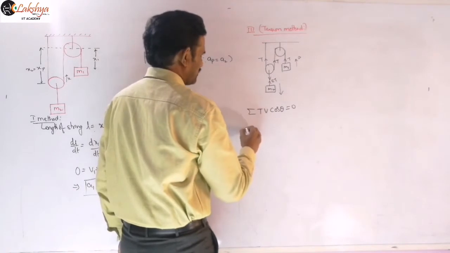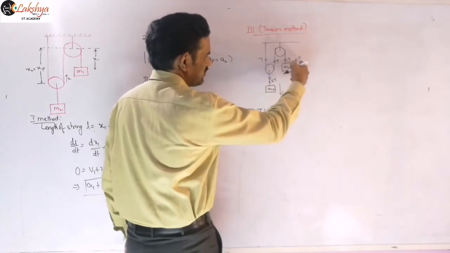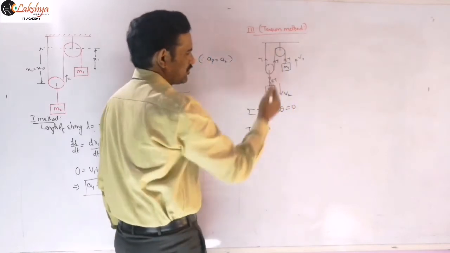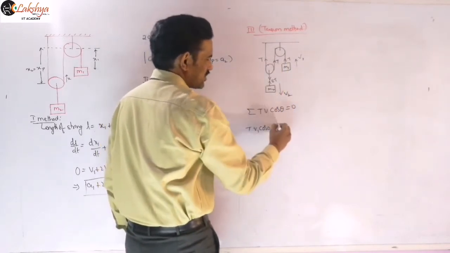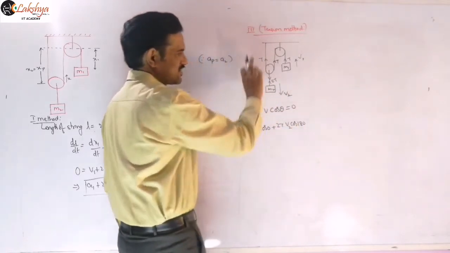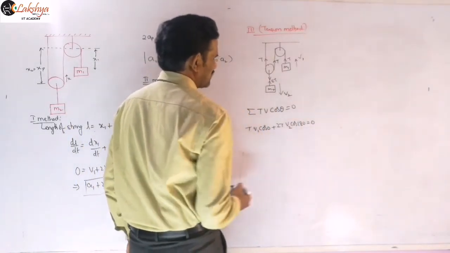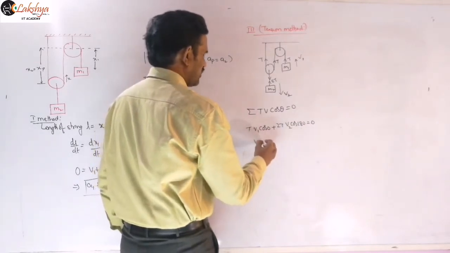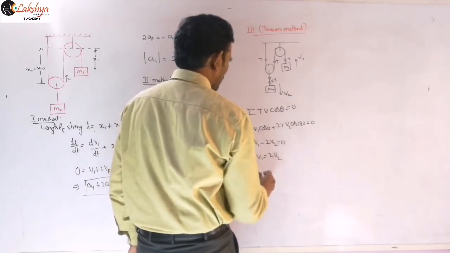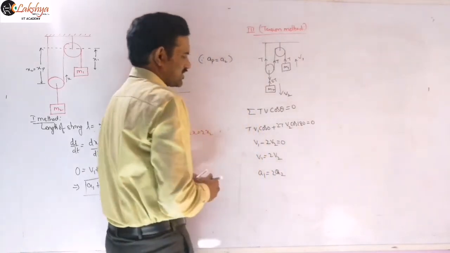So for this, I write T into V1 into cos 0, because tension and velocity are in the same direction. This direction of motion here you may take as V1 and this is V2. Both are in the same direction. Plus here the tension is 2T into V2 into cos 180. Here both are in opposite directions. Tension is acting in upward direction on the block and this velocity will be in downward direction. So this value will be 0. So V1 minus 2 V2 is equal to 0. So V1 is equal to 2 V2, and differentiating again, A1 is equal to 2 A2 you will get. So this is nothing but our constraint relation here.